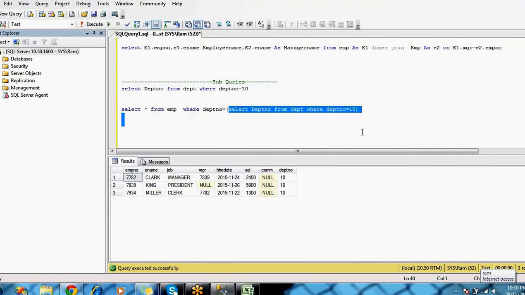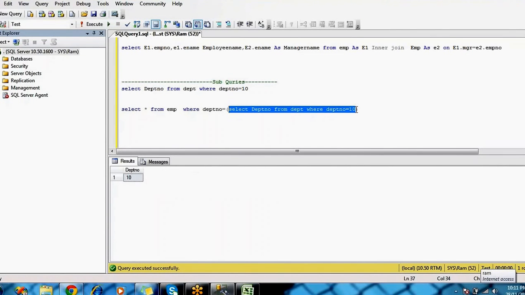So how does the subquery execute? Whatever subquery you have written inside will execute first. It will execute the statement and return the value 10. The value is coming this way. So this query is giving this 10 value.